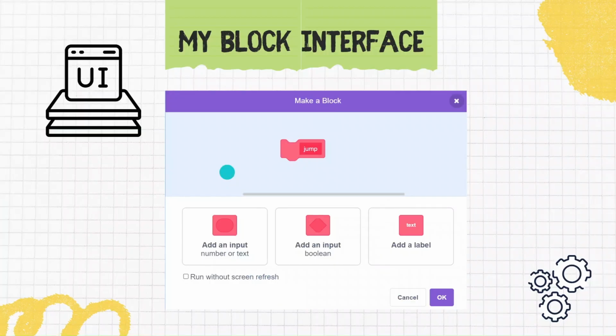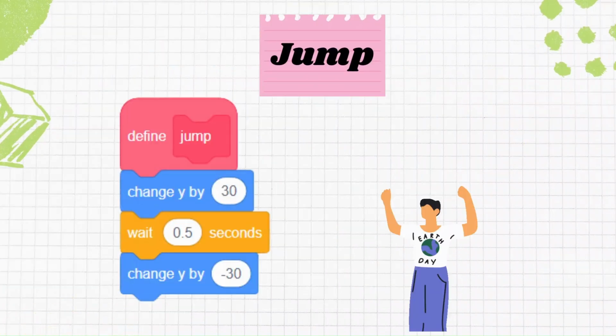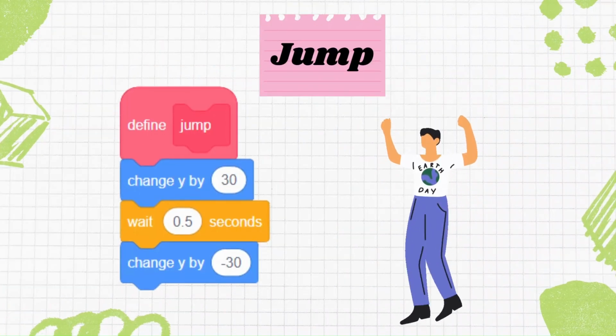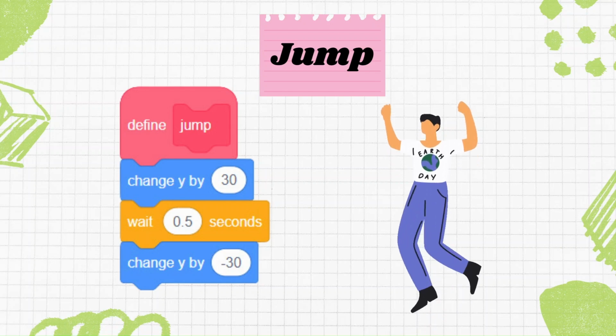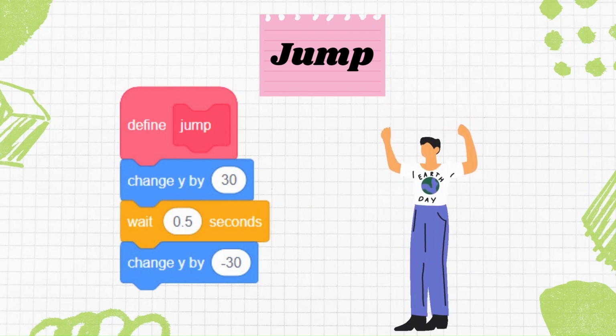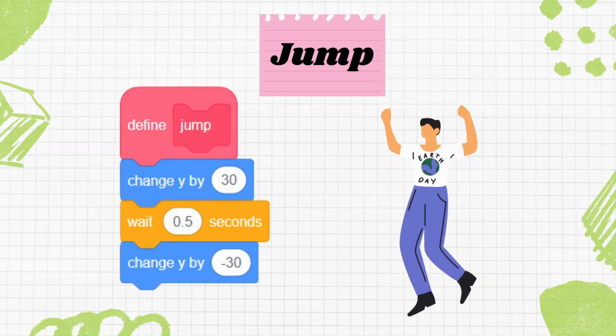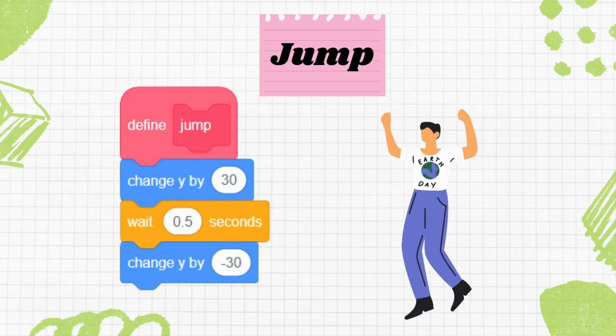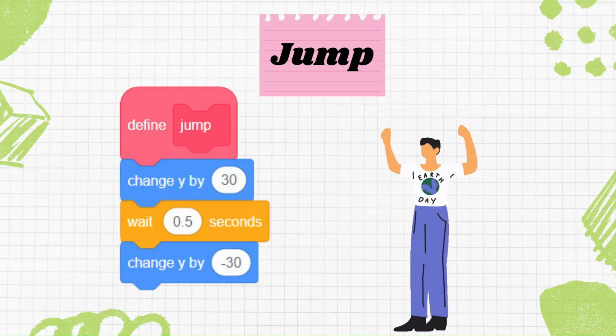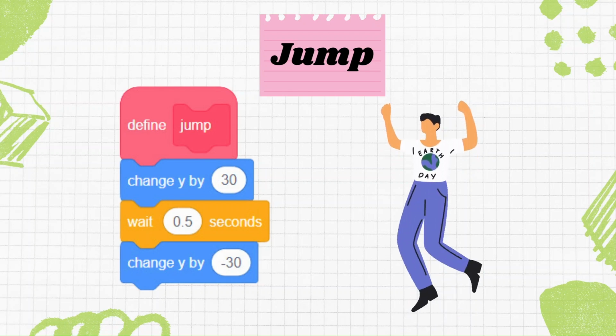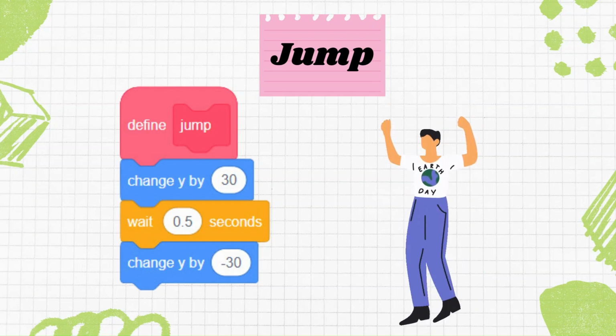Now jumping back there, the very first code we are going to create is of jump. And what is this code? Define jump. Then we'll make our sprite jump up and down. So how are we going to do this? We'll change the value of the y coordinate, right? First we'll make it move in a positive direction and later in a negative direction.